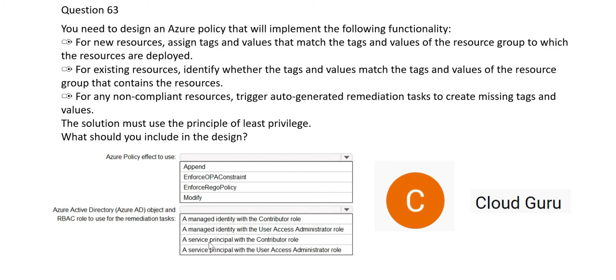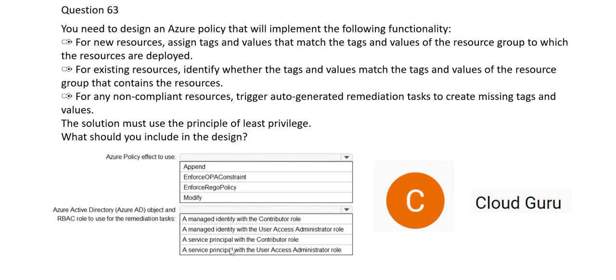Okay, so for example, I had explained in the previous questions. Suppose you are a developer and you want to access other applications. Suppose you are writing an ETL program and the ETL program is accessing multiple data sources. Every time you don't want the credentials to be entered, so you can have a managed identity created.